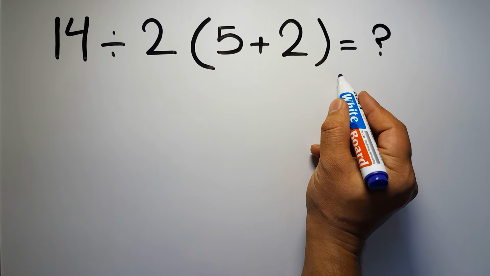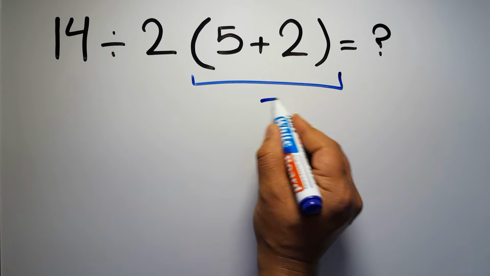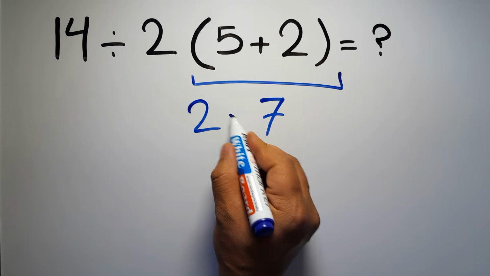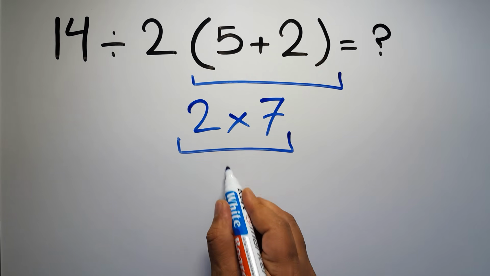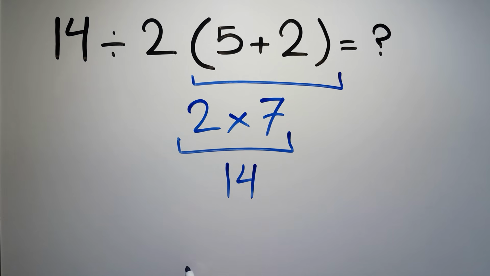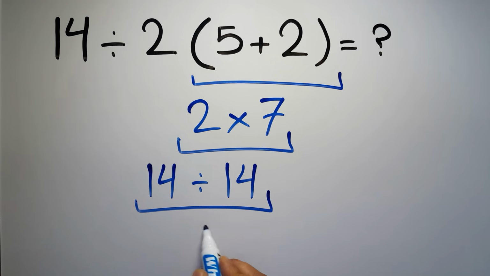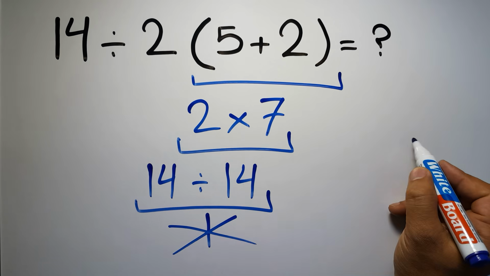5 plus 2 gives us 7. And 2 times 7 equals 14. So 14 divided by 14 is just 1. But this answer is not correct because according to the order of operations, first we have to